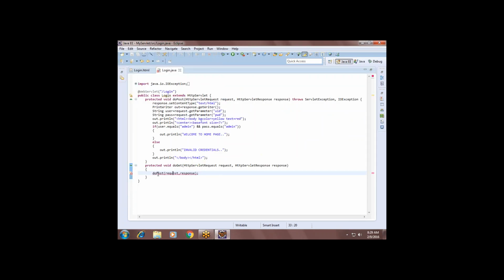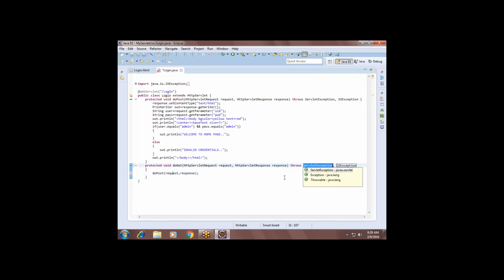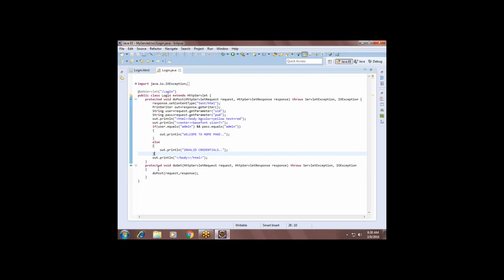So what we are doing here now: if the client makes a request on doGet, the request will come here.